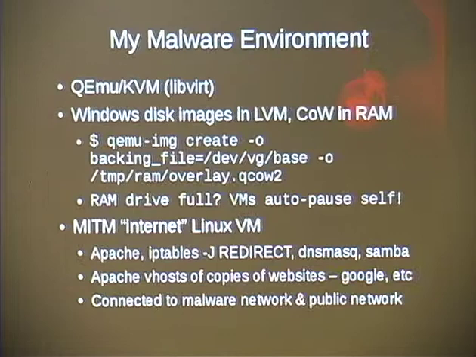So what I did was I scripted this. My malware environment is QEMU and KVM under libvirt. I've got the virtual machine disk images in an LVM logical volume. I set them to be read-only so I can't accidentally infect them. I was creating the copy-on-write disk images by hand with this command here, qemu-img create, give it the backing file of the LVM volume,